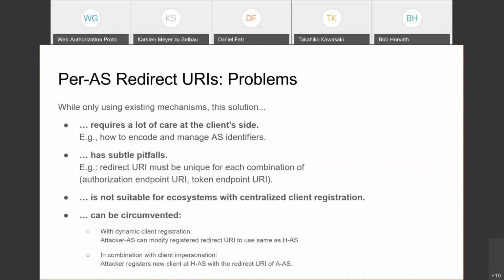Also, this solution is not really suitable for ecosystems with centralized client registration. We see that in the Yes ecosystem, where we have one registration and the clients can use several authorization servers. And of course, if you only have one registration, you only have one redirect URI you can register. And finally, we found that this